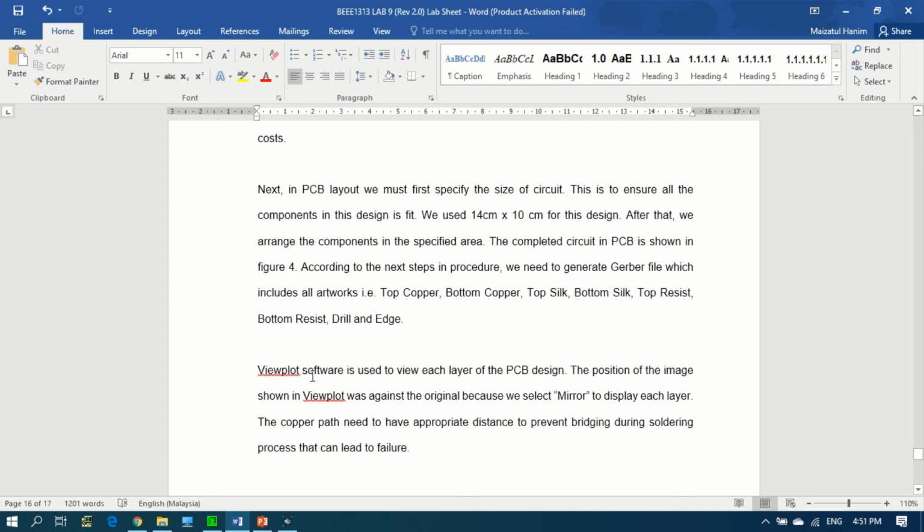Next is use viewplot software to view each layer of the PCB design. This is important. The copper path need to have appropriate distance to prevent bridging during soldering process that can lead